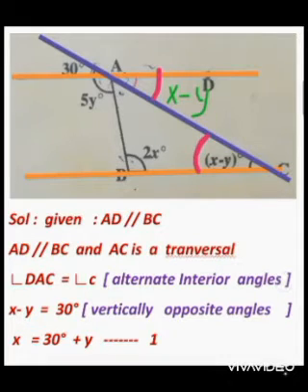Now, again you observe the figure here, children. These two lines are intersecting at a point A. Then, 30 degrees is equal to x minus y degrees, because they are vertically opposite angles. The reason is vertically opposite angles. Now let us transpose y to the other side. Then what you will get? x is equal to 30 plus y. Let us consider that as equation 1.